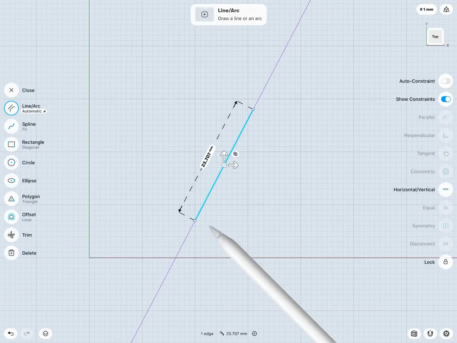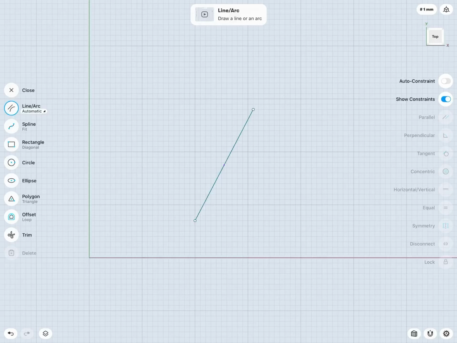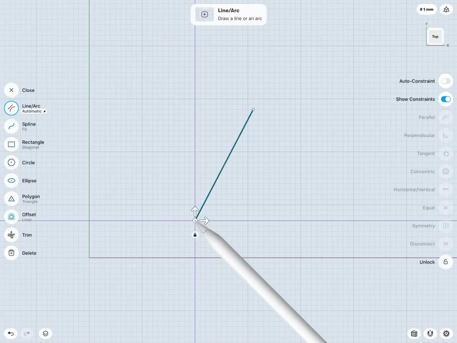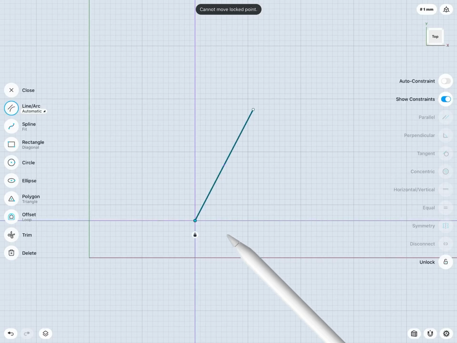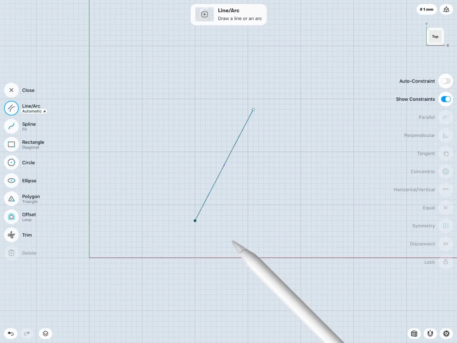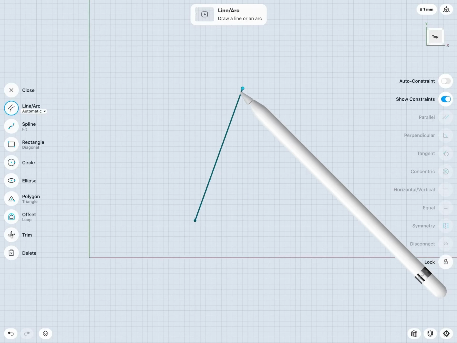I can also lock individual points as well if I would like. So let's tap to select the bottom endpoint here, and again tap lock. Notice now that only my bottom endpoint is that darker color indicating it's locked, where my upper endpoint is the lighter white color indicating it's not locked. So as we might expect, if I tap to select this bottom endpoint, notice I cannot move this around at all as it is locked in, whereas if I tap to select my upper endpoint here, I can still freely